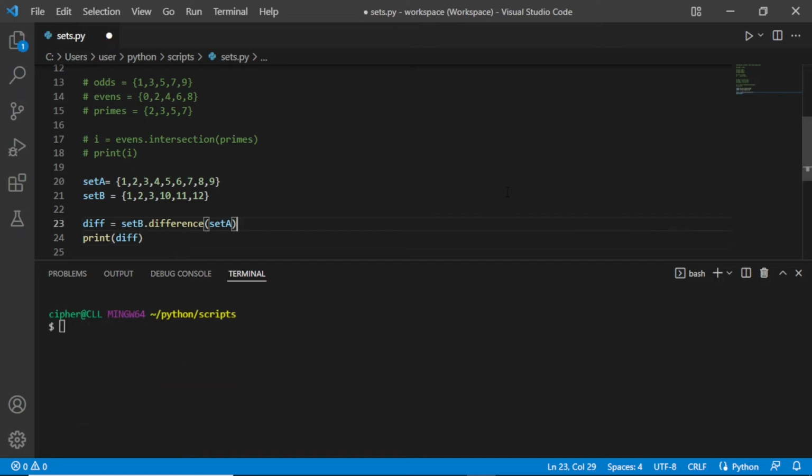Okay, there is a second method which is called symmetric difference. So here we can add symmetric underscore difference, and if we print this, we are going to have this one. Symmetric difference will return all elements that are in set A and set B but not in both